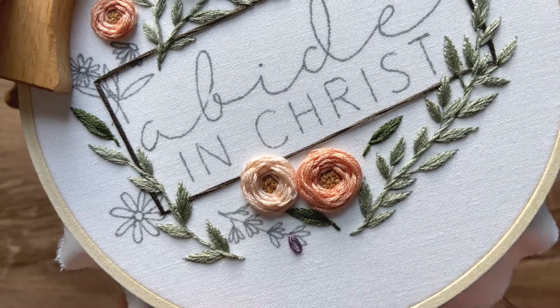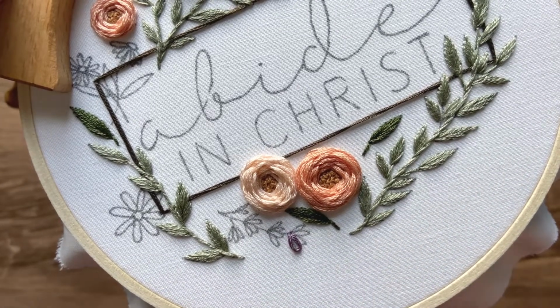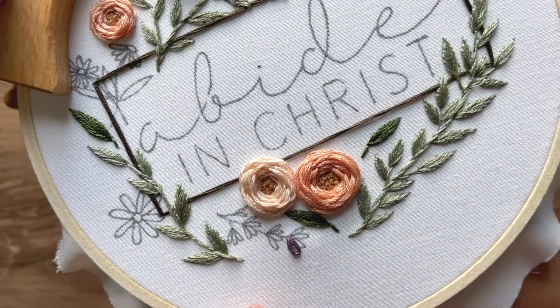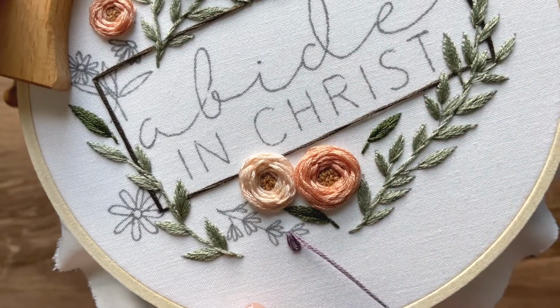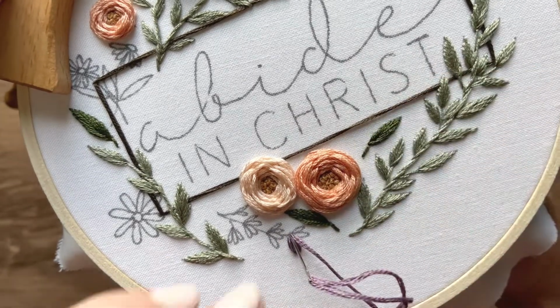And now these other ones, it might be a little hard to see, so some of the petals are going to overlap just a little bit, and that is okay. You don't need to worry about the fact that some of them look like the full petal is not being seen. So I'm coming up right at the spot I want to go up at, come down right next to it,